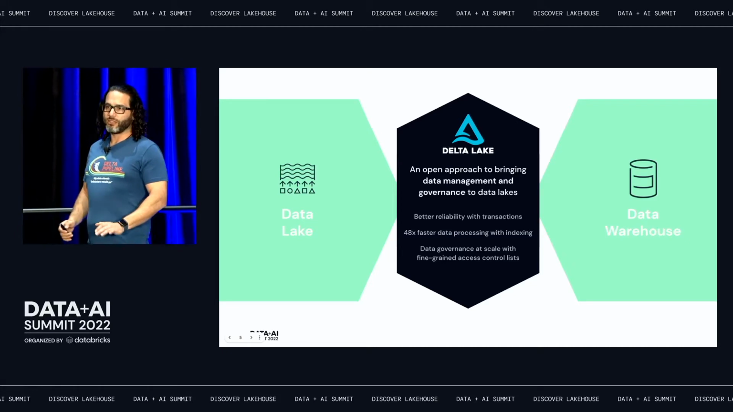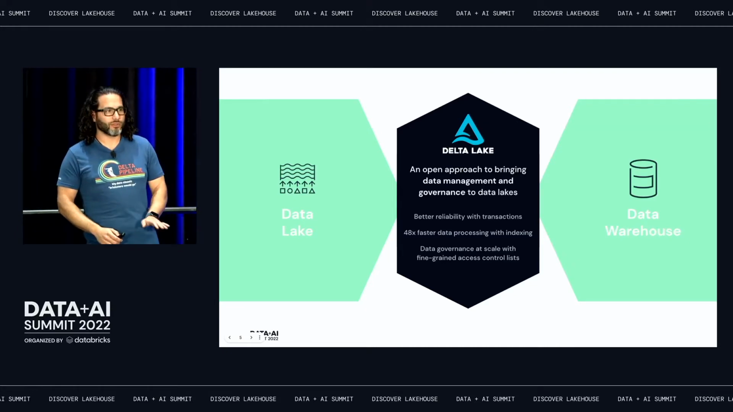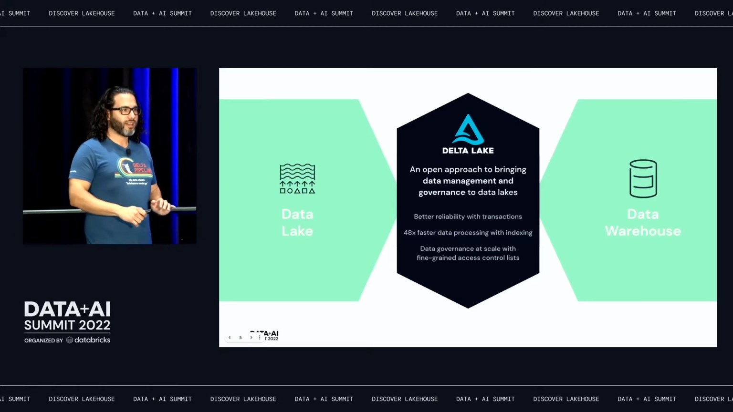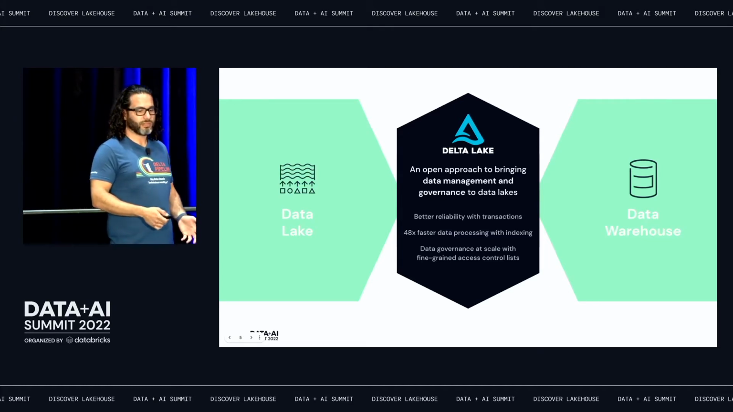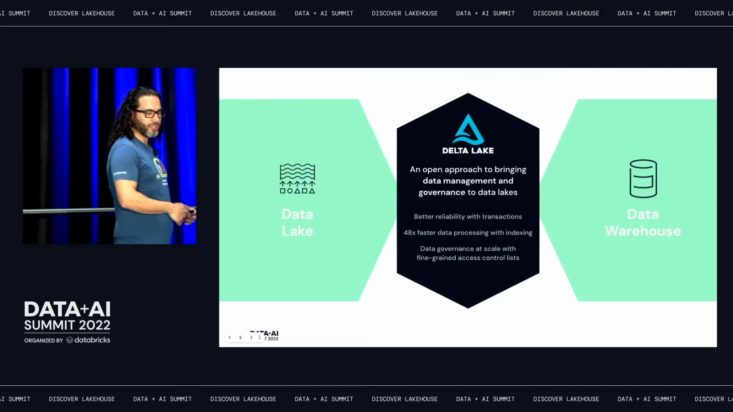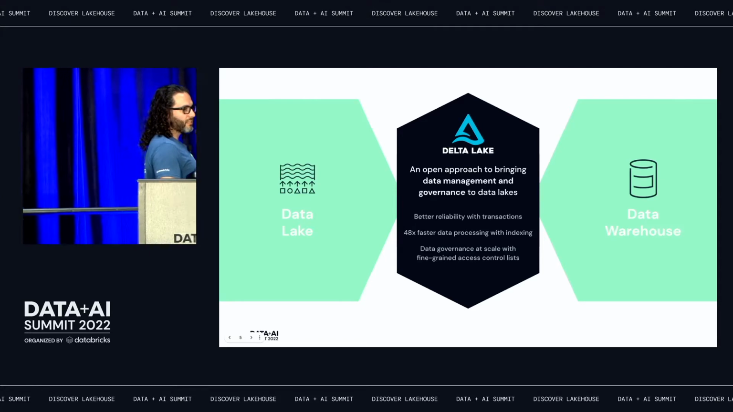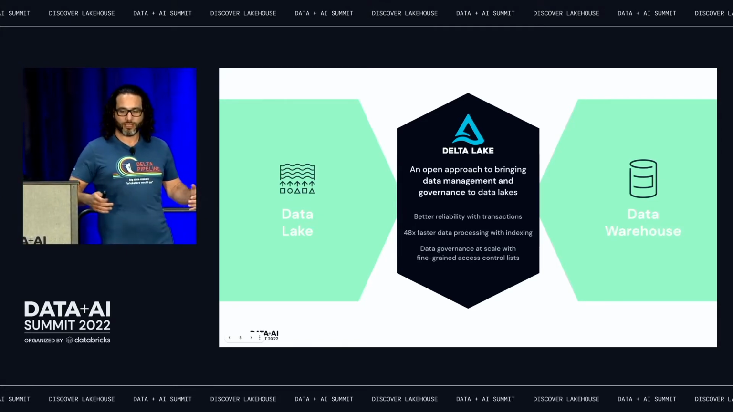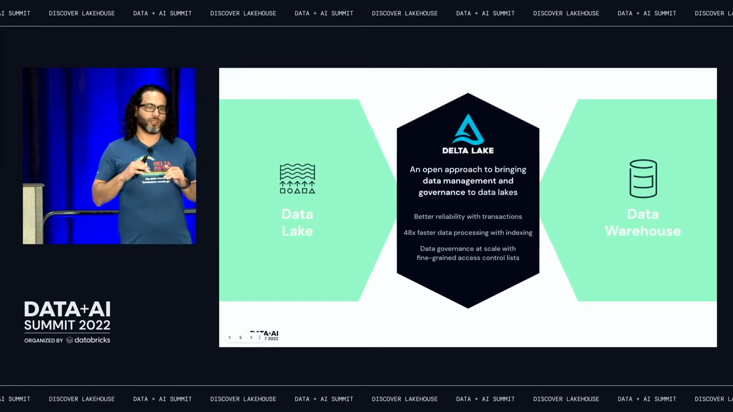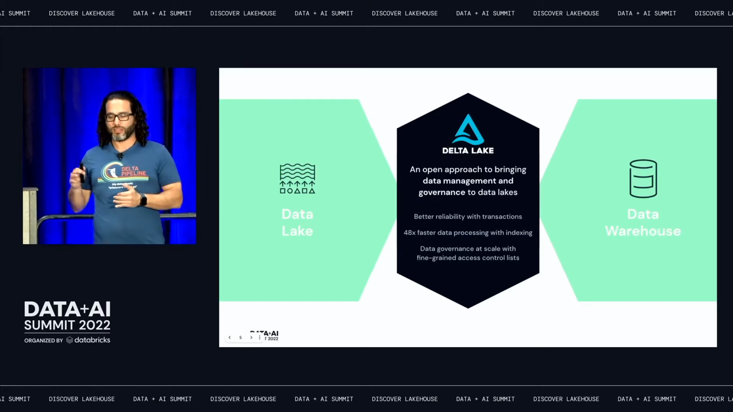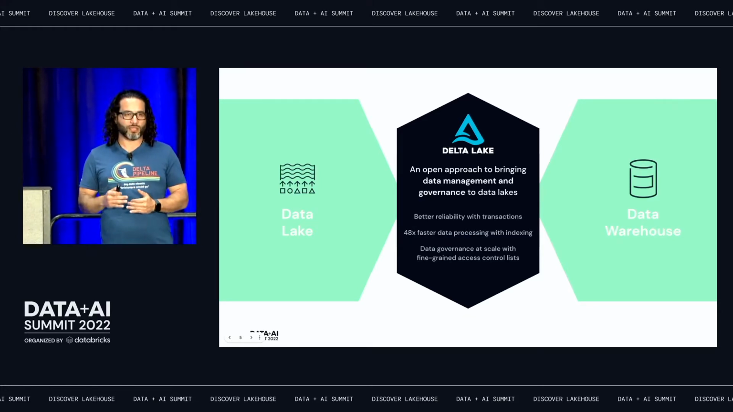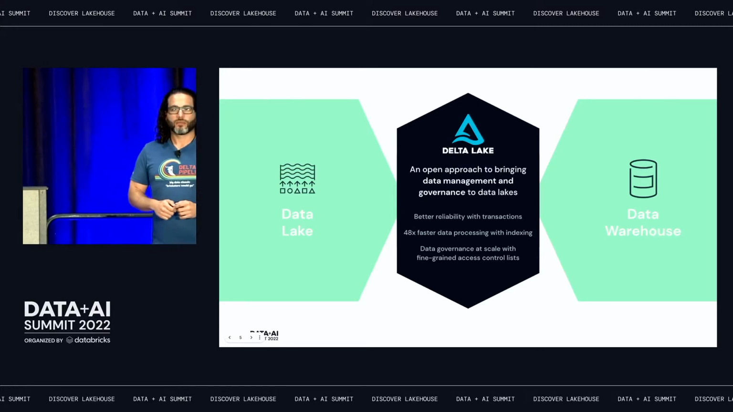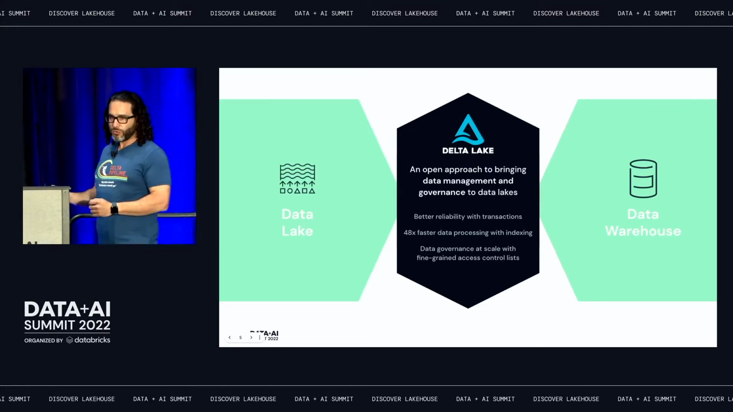Data lakes are great. They're cheap and abundant. Unfortunately, they don't have the consistency or the ACID compliance of a warehouse. Delta Lake is the combination of the best parts of a data lake and data warehousing in one. It gives you the reliability and the performance of a warehouse on a data lake. And essentially, when we do this,